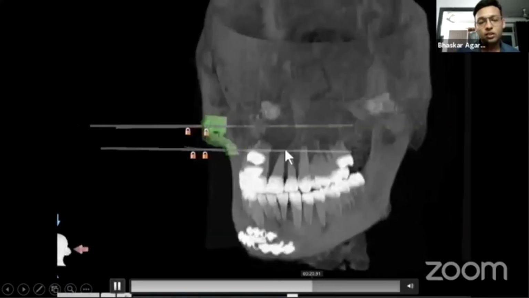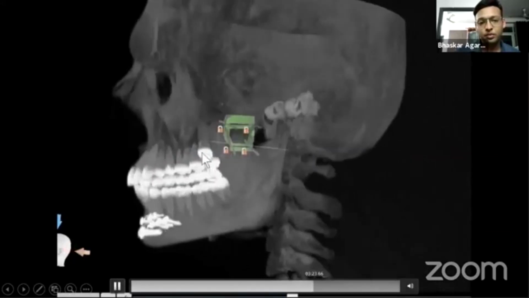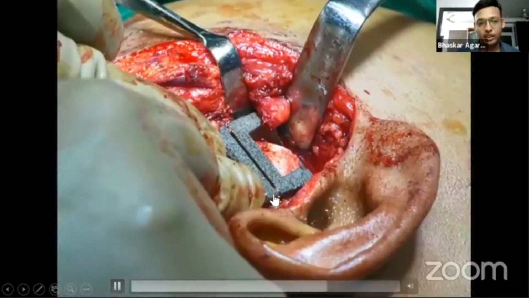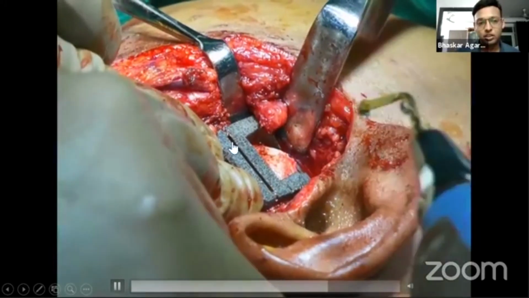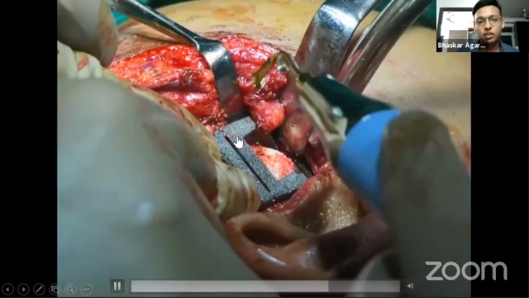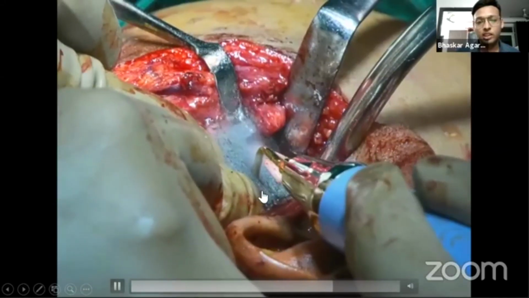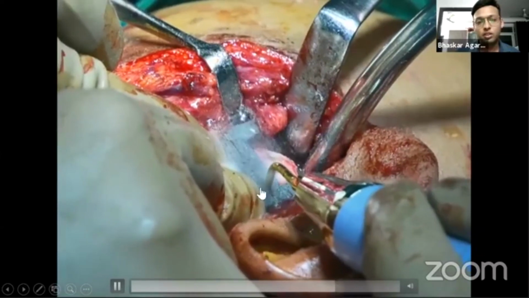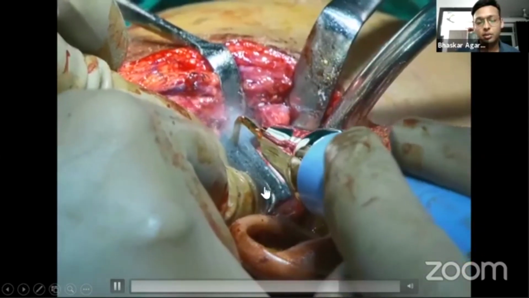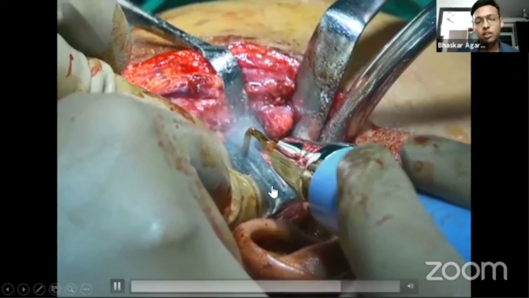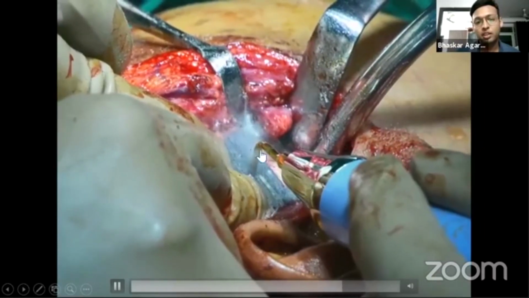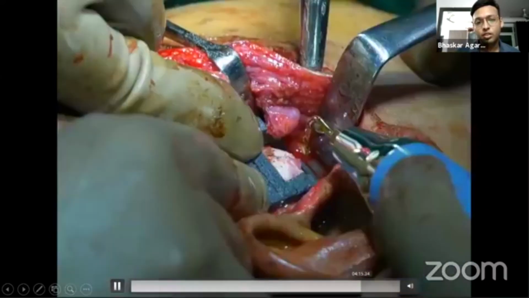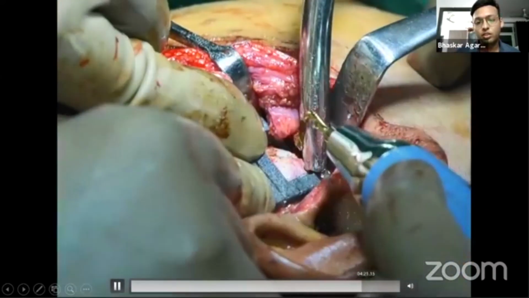This is on the reconstruction, and this is the intraoperative view. The guide is placed, and you can see there is a slot for the instrument to go in. It will not allow the instrument to go in any direction but only one. So it has a single path of insertion, and the location of the cut is also guided by this process. Similarly, the lower cut is also placed.